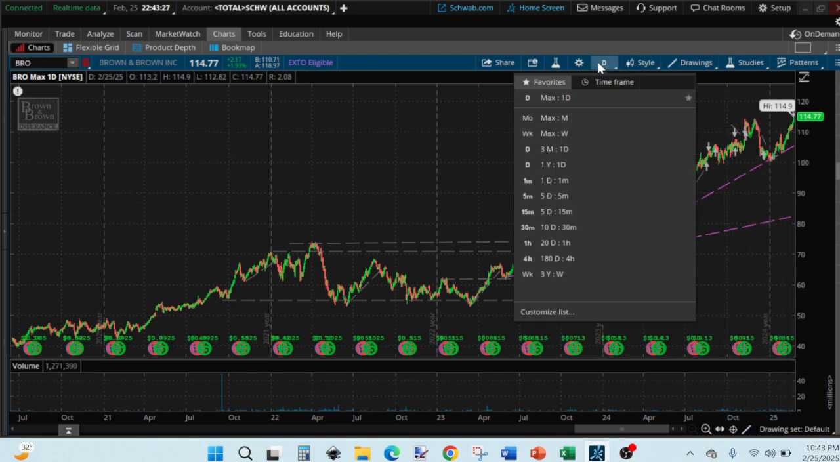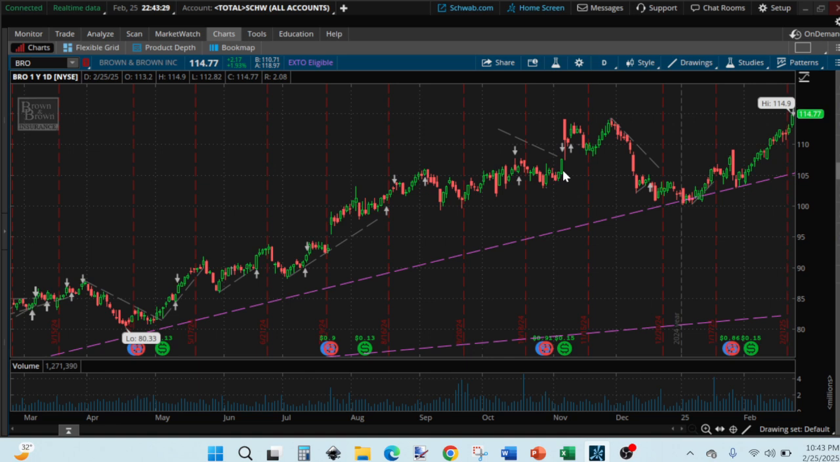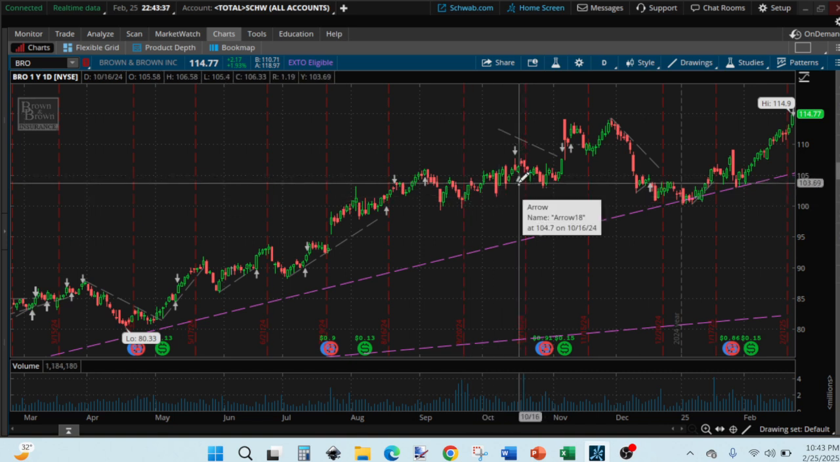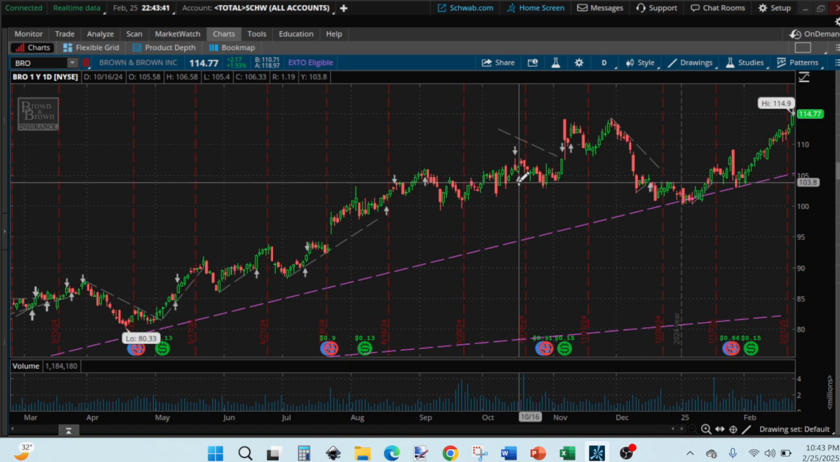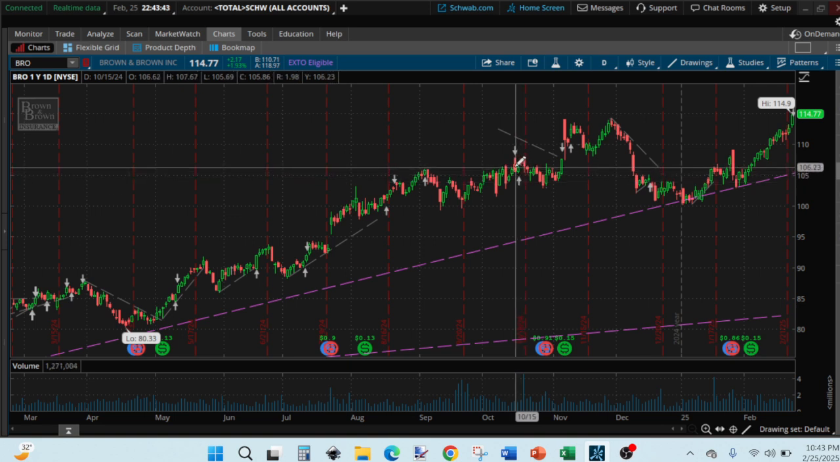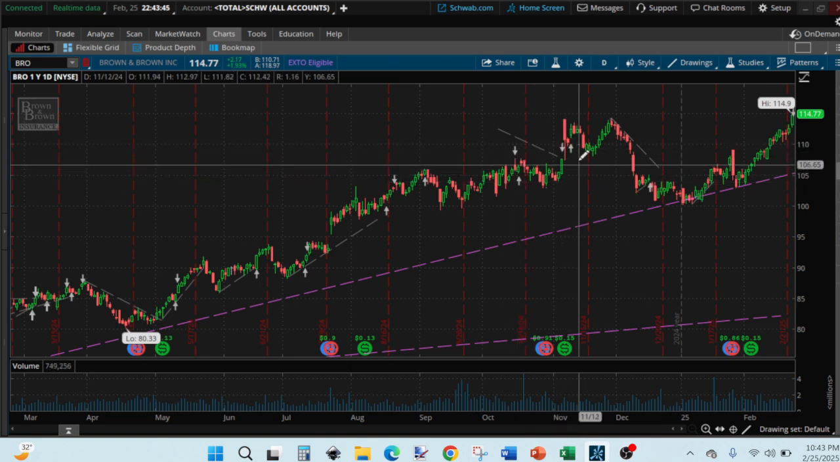So we are going to go to the 1 year daily chart, and we can see the short trend line that we bought it at. The arrow at the bottom shows where we bought it. The arrow at the top shows where we sold it. So when we bought it at that green bar that followed a pullback, we sold it there,